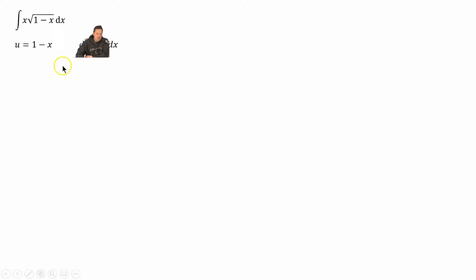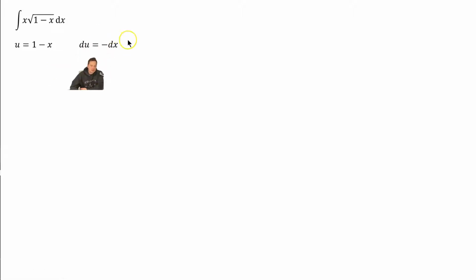After that, I'm going to differentiate. So when I do that, I have that du equals negative dx. That is so because the 1 goes away, it's a constant, and the derivative of a constant is 0. And then negative 1 stays in front of dx, so you get negative dx. After that, you just divide through both sides by negative 1, so it's going to tell you that dx is